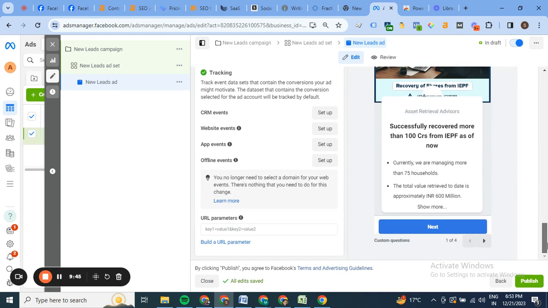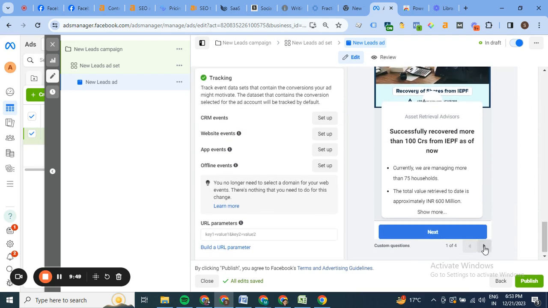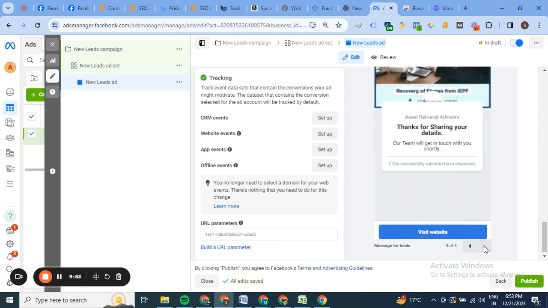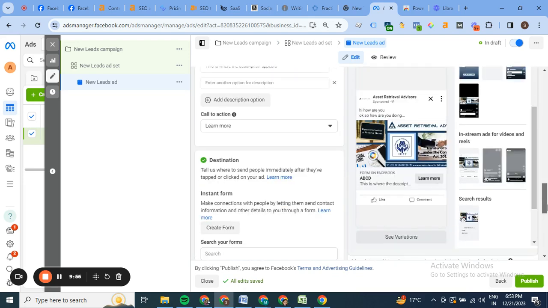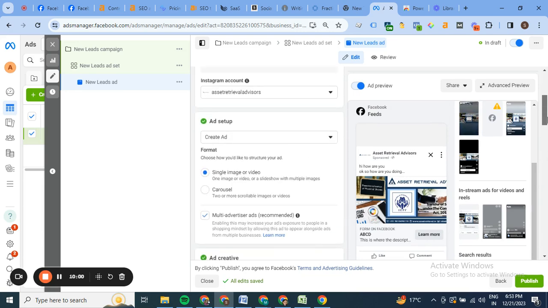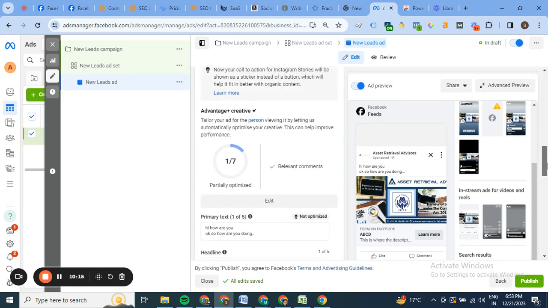Now, I wanted to show you something else. So this is how a form appears. It will first show this, then it is contact, then it's privacy, then it will be thanks. So you have to create all this, and it will have its own banner at the top. So I have shown you this page, and you will choose which one you want to use. If you have multiple pages on Facebook, which one, and you will show your ad. All right,